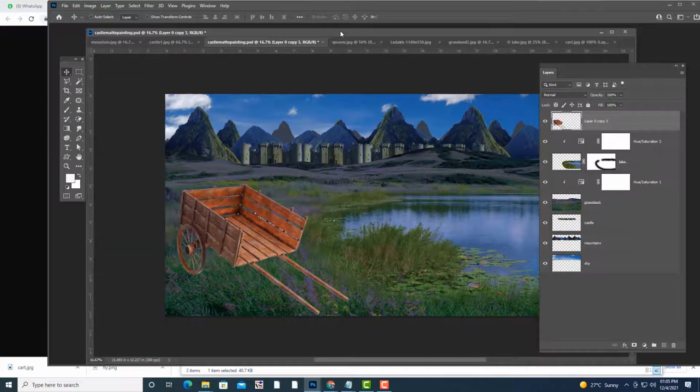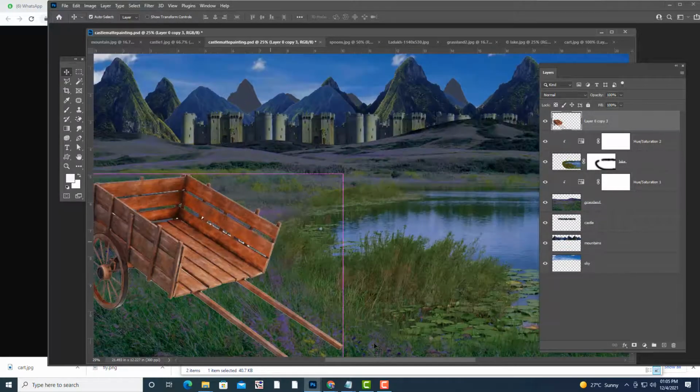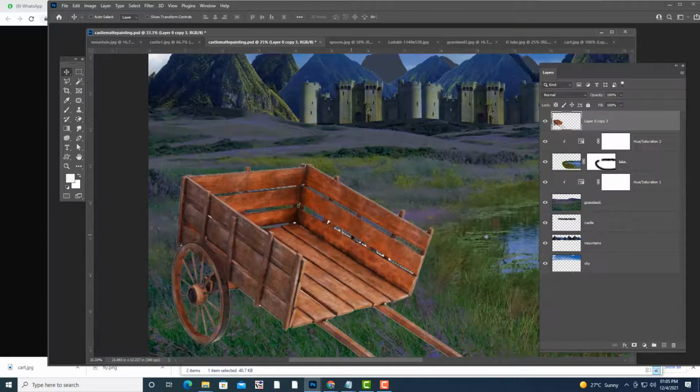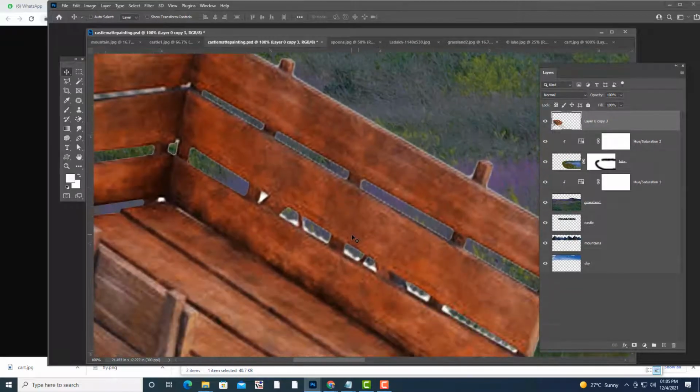So what is the next step we'll do? Actually, just let me improve it, because here it's not looking nice.